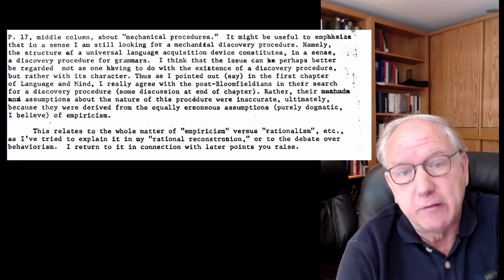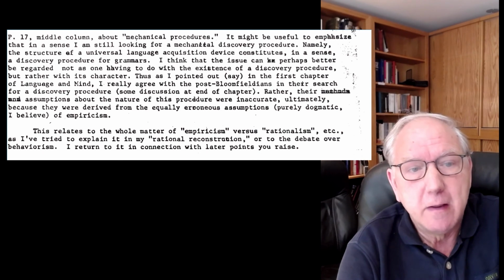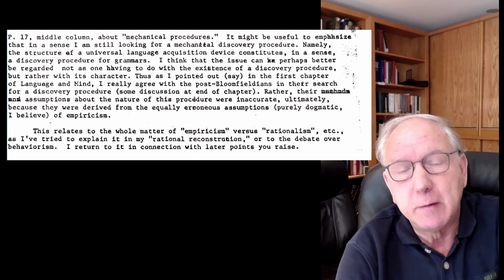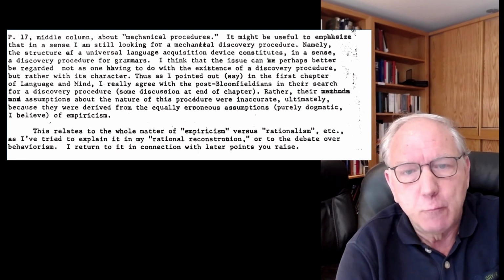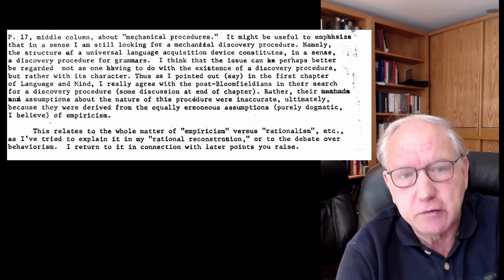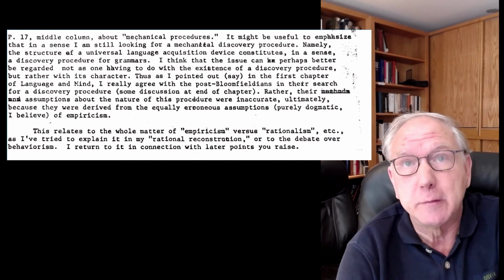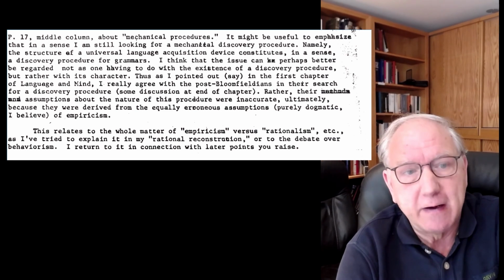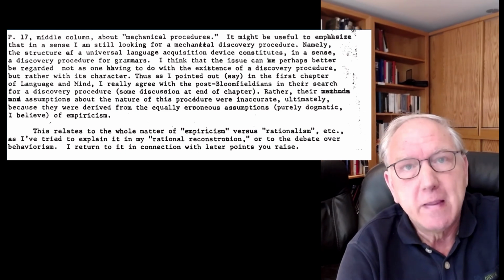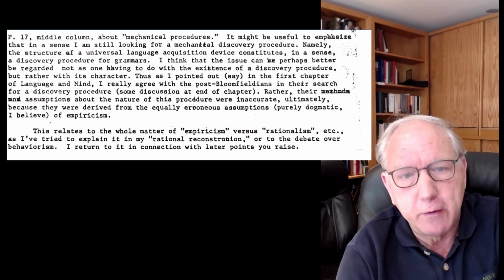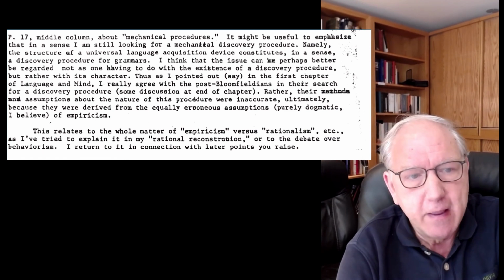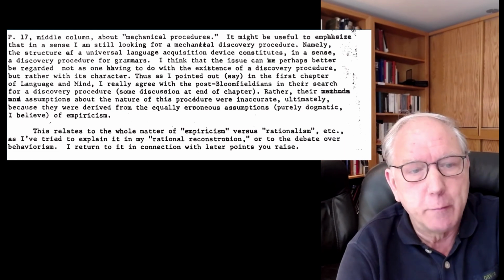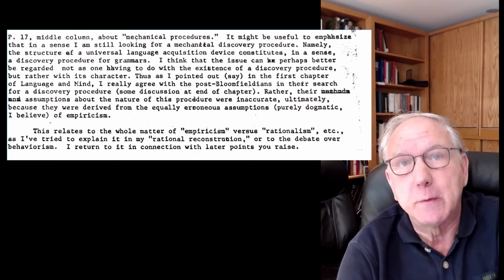Thus, as I pointed out, say, in the first chapter of Language and Mind, I really agree with the post-Bloomfieldians in their search for a discovery procedure, some discussion at the end of the chapter. Rather, their assumptions about the nature of this procedure were inaccurate ultimately, because they were derived from the equally erroneous assumption, purely dogmatic, I believe, of empiricism. This relates to the whole matter of, quote, empiricism versus, quote, rationalism, etc., as I've tried to explain it in my, quote, rational reconstruction, or the debate over behaviorism. I return to it in connection with later points that you...